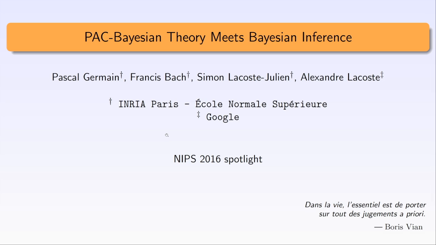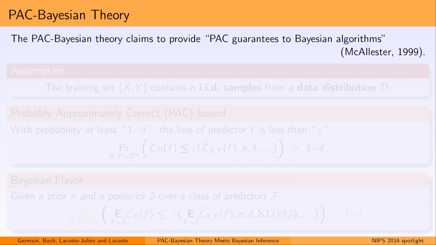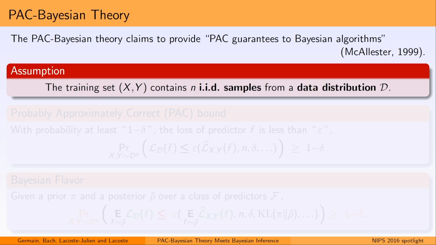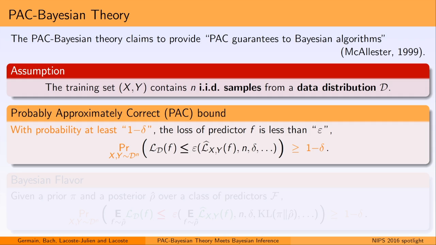In this work, we exhibit a strong link between the frequentist PAC Bayesian bounds and the Bayesian marginal likelihood. Since its beginning, the PAC Bayesian theory claims to provide PAC guarantees to Bayesian-like algorithms. However, it is still mainly used as a frequentist theory. That is, under the assumption that the training set contains IID samples from a data-generating distribution, it provides probably approximately